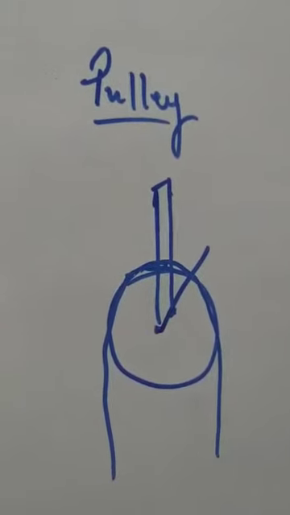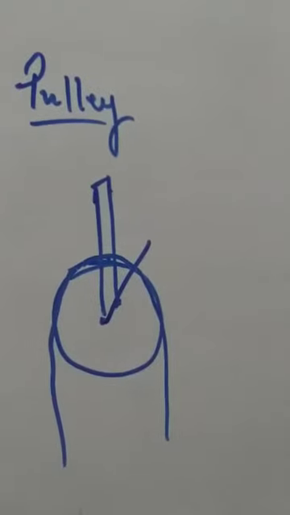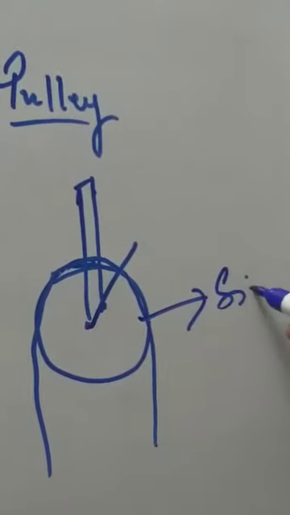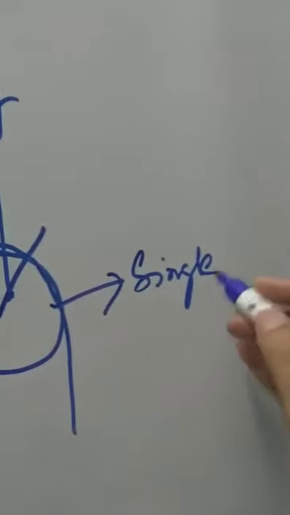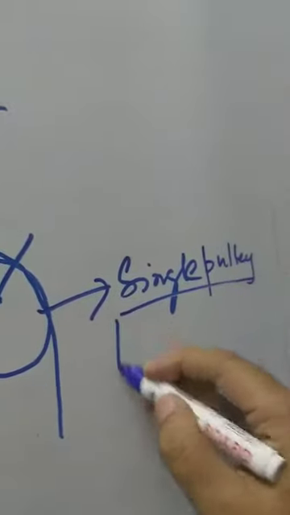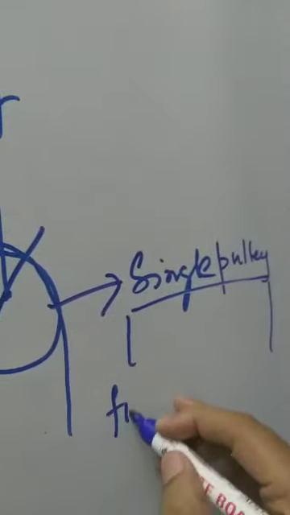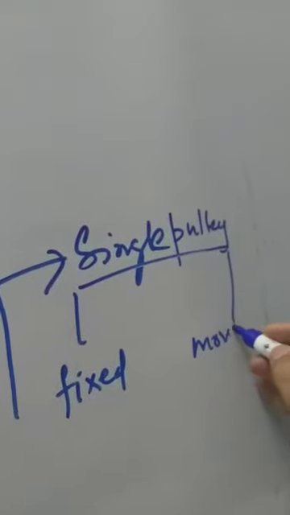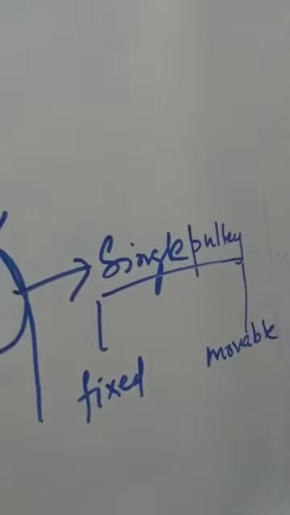So a pulley can be of many types. This is a type of single pulley. One pulley you are using, so it is called single pulley. Single pulley can be of two types. One is a fixed pulley, single fixed pulley. The other is a single movable pulley. So we will discuss single fixed pulley and single movable pulley one by one. So, single fixed pulley